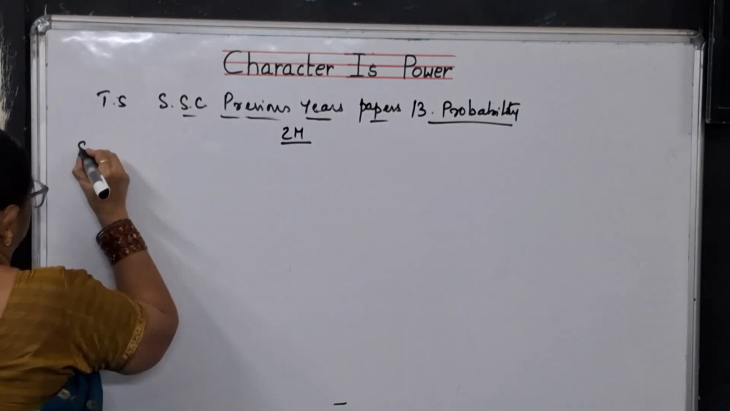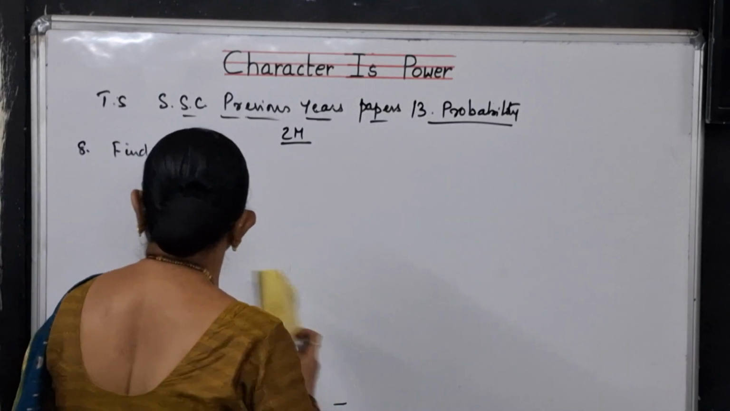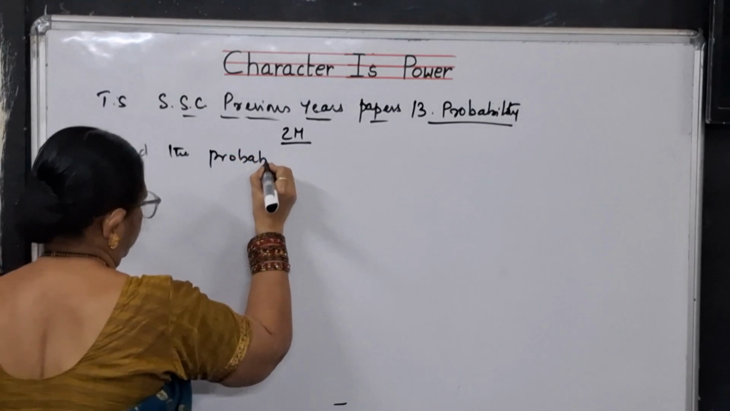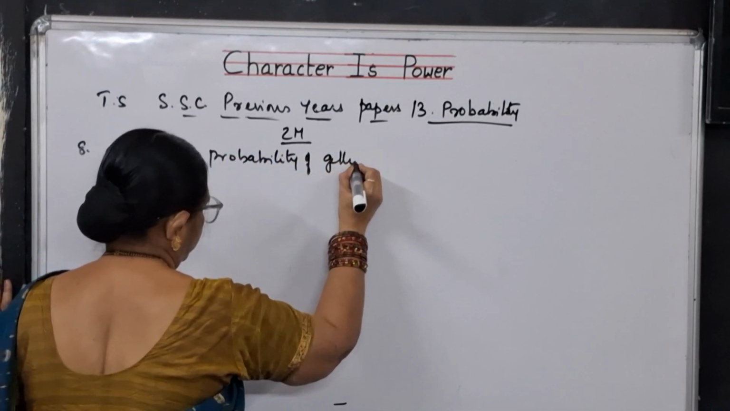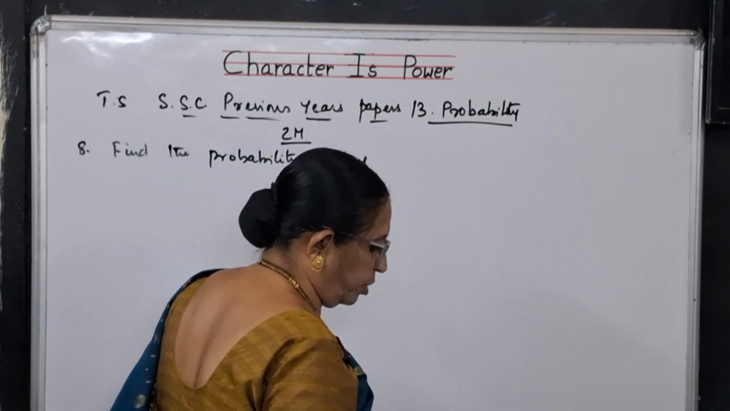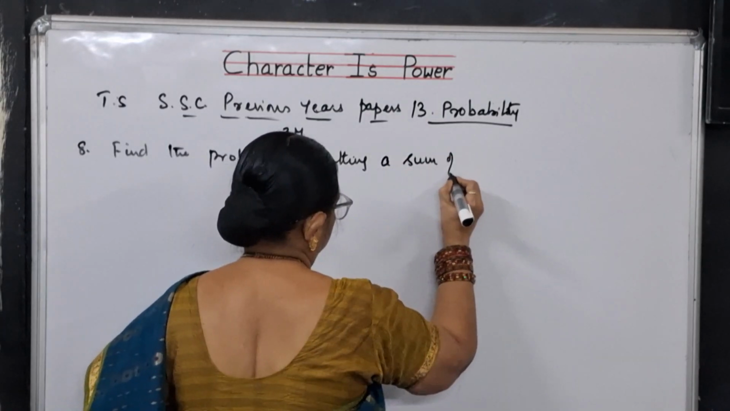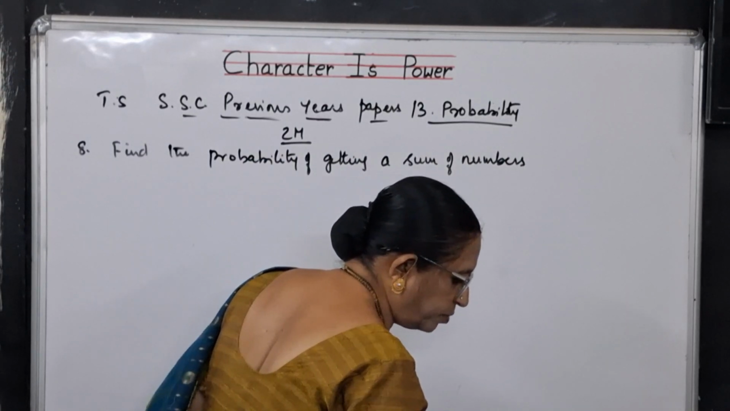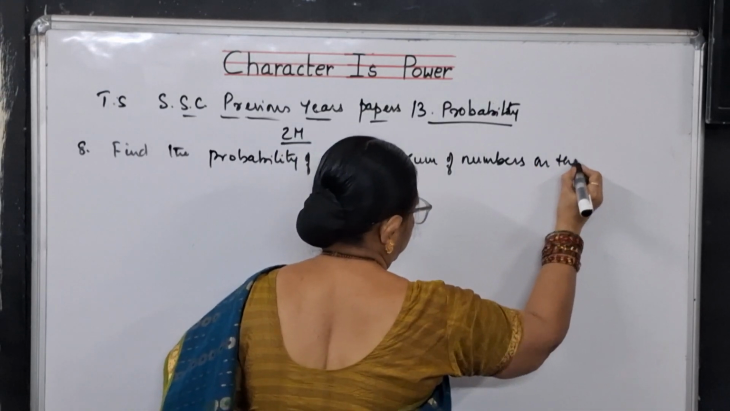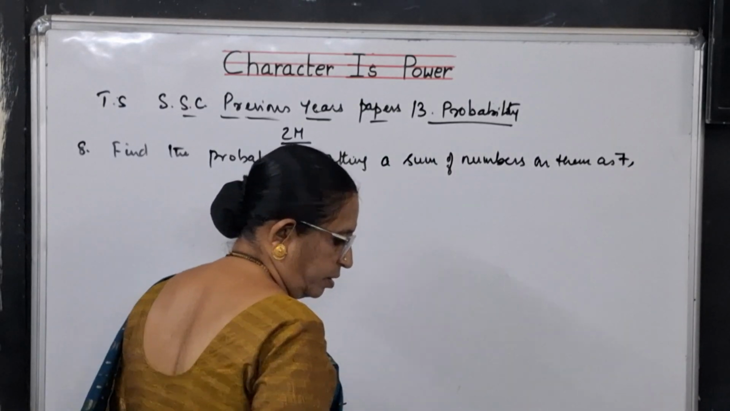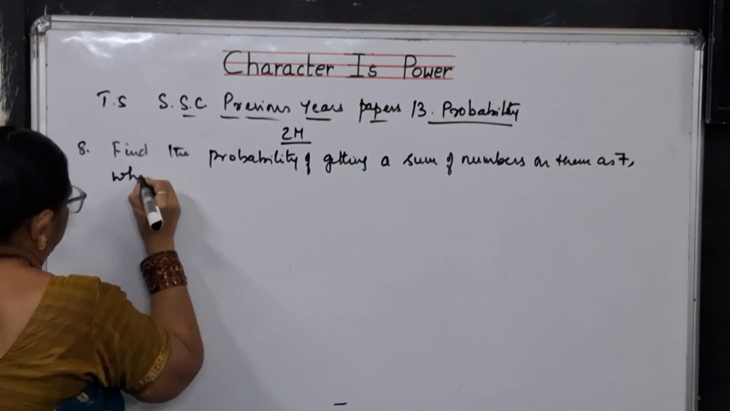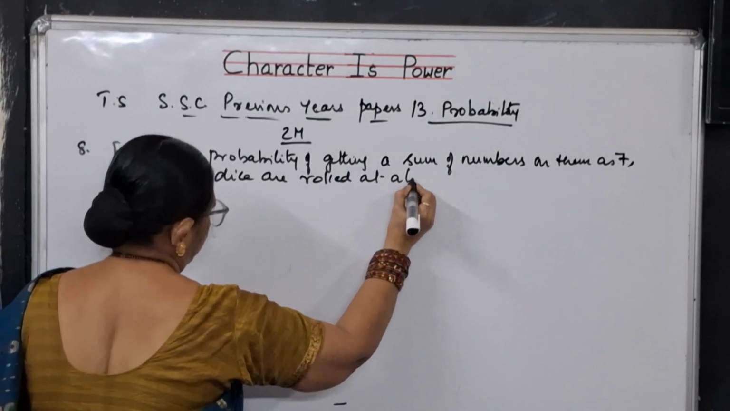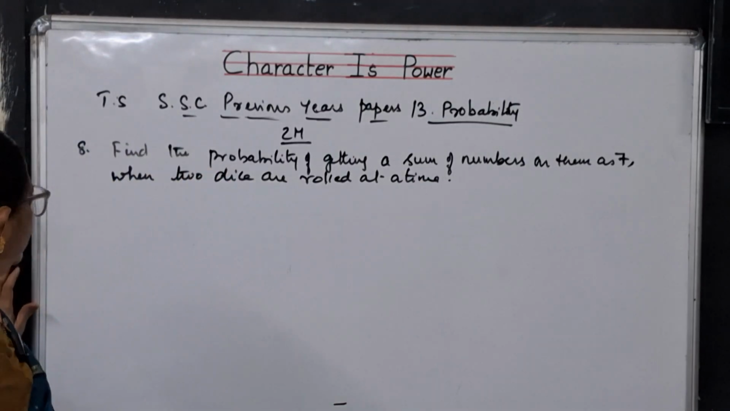Find the probability of getting a sum of numbers on them as 7 when 2 dice are rolled at a time. For this problem, children, to write the sample